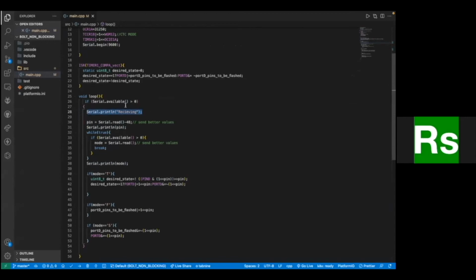Next, what is received? The way we send data, we first send the pin number. So pin number will be the Serial.read. Serial.read will pick up only 1 byte from the serial buffer, right? And so this is basically the value sent by Bolt. It will be the pin number. So why do we subtract 48? This comment is nonsensical. So basically we subtract 48 because the ASCII value of the character 0 is 48.